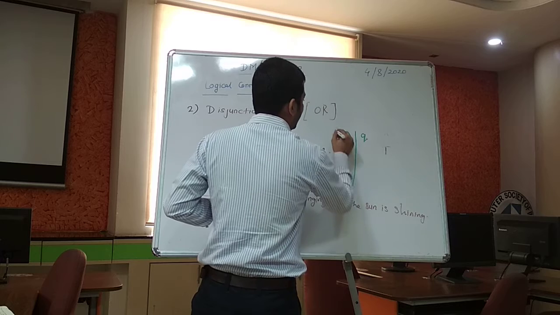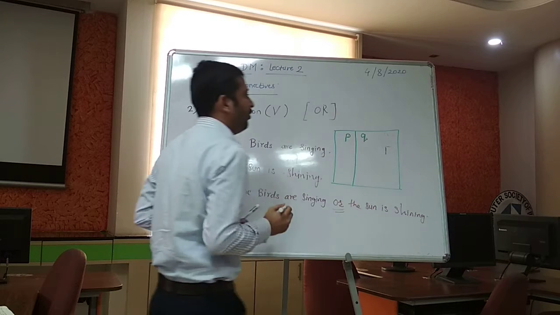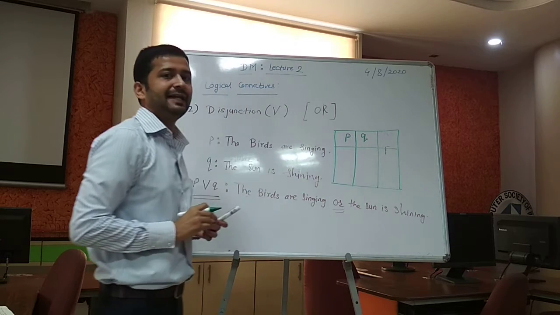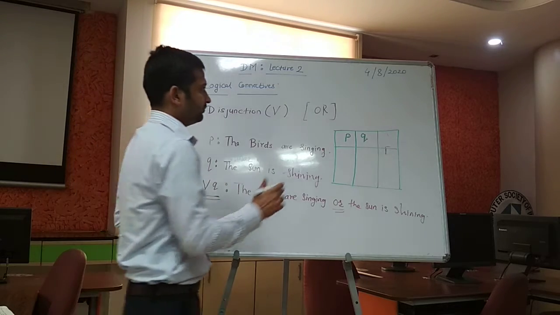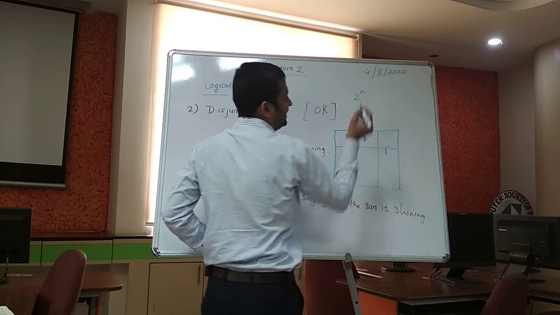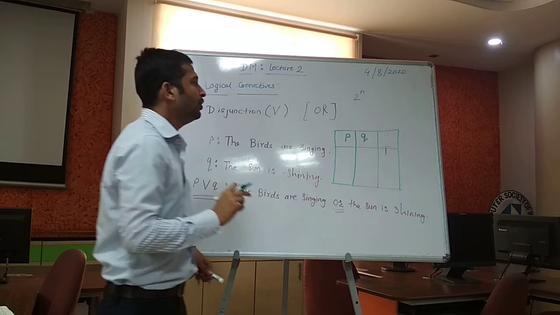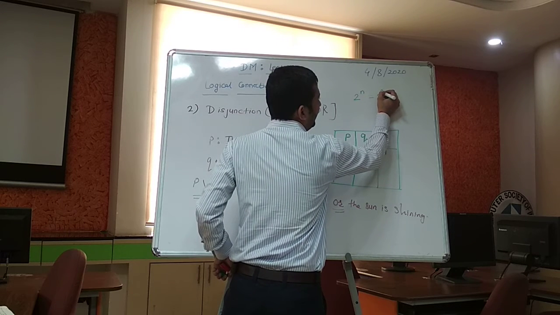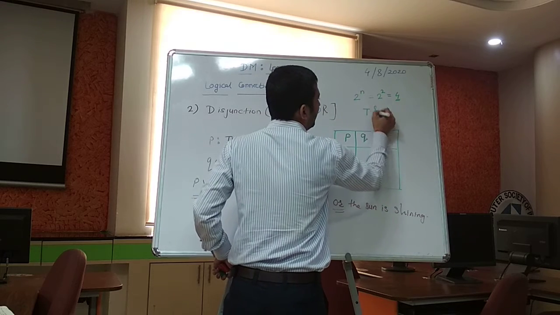We have taken these two input statements and we will form the combination of true and false. 4 combinations, because two input statements are there. So in the form of true and false, 4 combinations will be formed. Because we have the formula to make the combination, 2 raised to n, where n stands for the number of input statements. Here the number of input statements is 2. So we'll form 4 combinations. So I put 2 instead of n and made 4 combinations in the form of true and false.